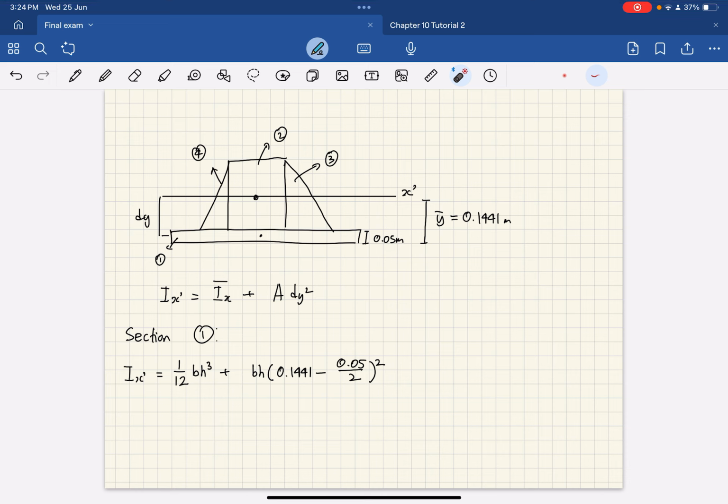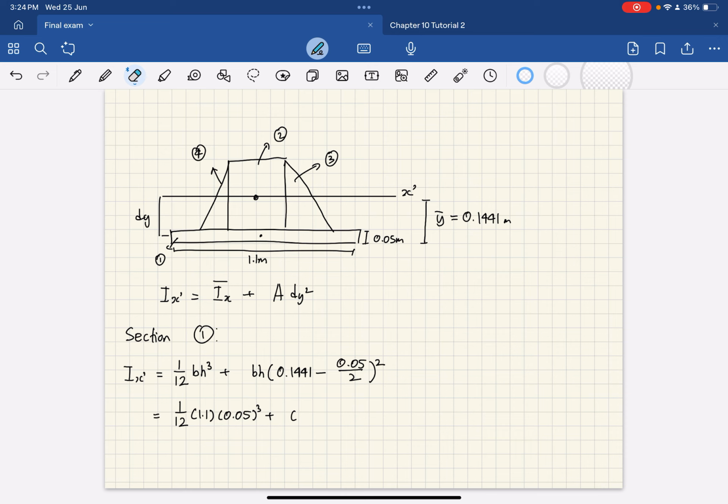One thing to note is that this will be negative because it's going in this direction, but like I said, once it's squared, it'll become a positive number at the end of the day. So this should not be a problem at all. So you plug in the values, 1 over 12. Your base is 1.1 meters, if I'm not mistaken. Right? So 1.1 meters. Your height is 0.05, so 0.05 cubed plus